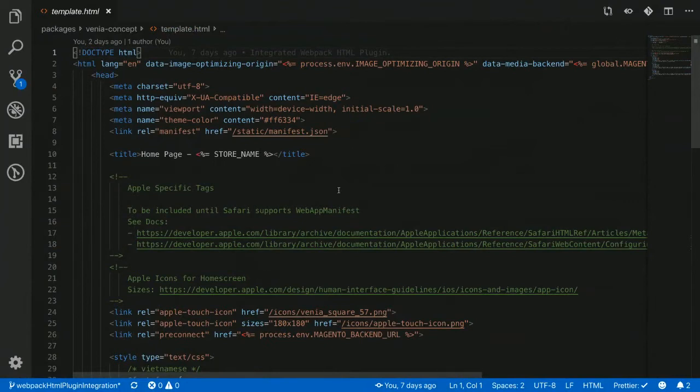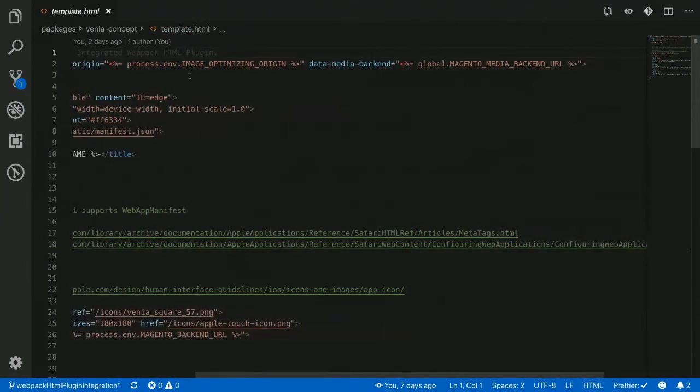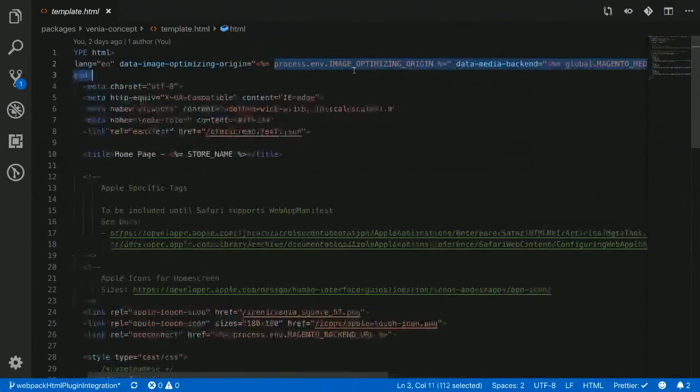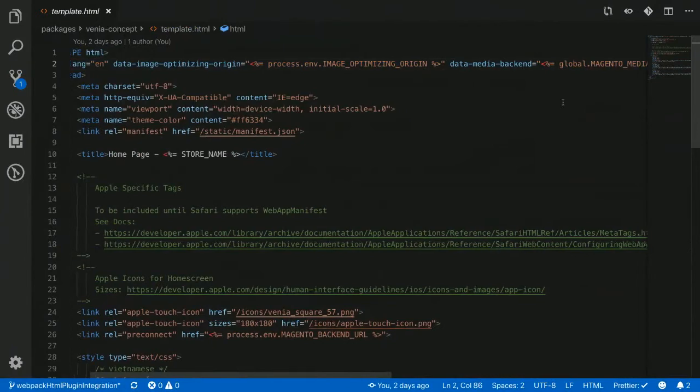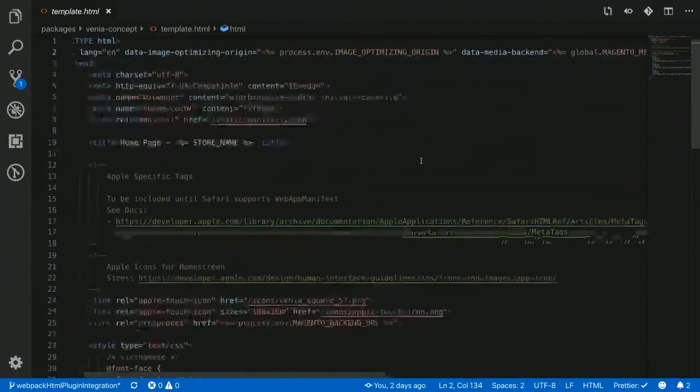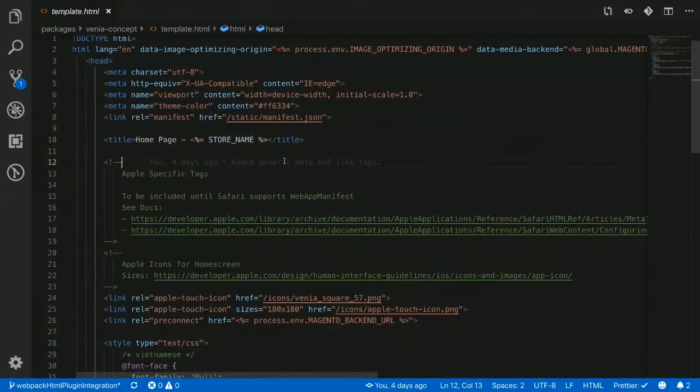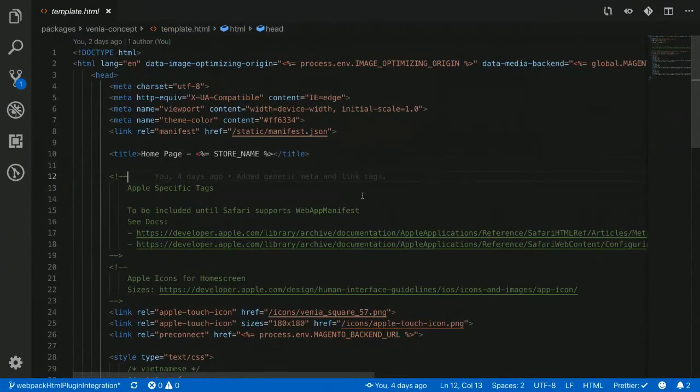So this is the base template that the Webpack HTML plugin is going to use. There are certain places where we have mentioned template structures, but we haven't given the data yet because this is dynamic at compile time. So if you look at the Magento backend URL, the store name and stuff. Does this replace the handlebar templates? Is this a replacement to the handlebar templates, or is it different? Those are the mustache templates there. Oh, Handlebars, yes, sorry, mustache. I understand. Mustache is very simple. So yeah, for now it is.